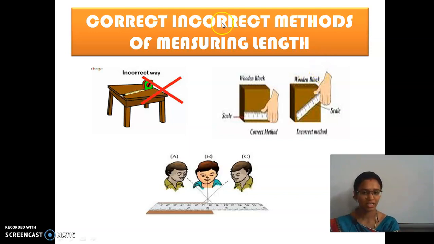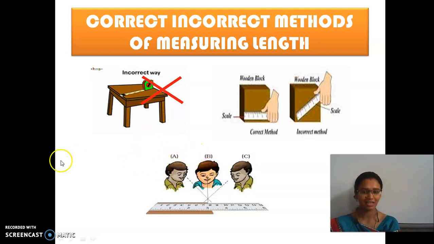And one more thing, here you have two pictures, right? So A, B and C. In these A, B and C, which is the correct position to see the readings of the scale? Guess your answers and tell me. Your answers? A? No. C? No, it's B. Because if we are crossed, the cross section of our eyes will be crossed, and